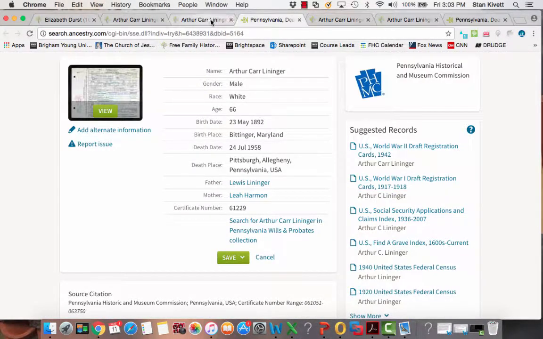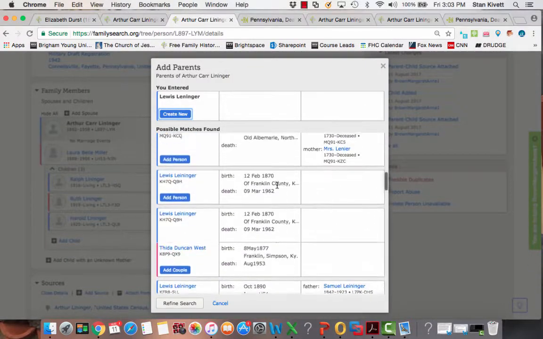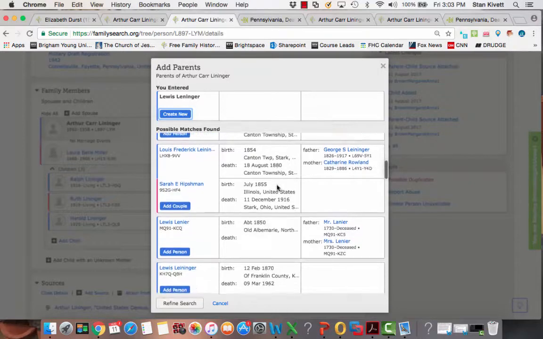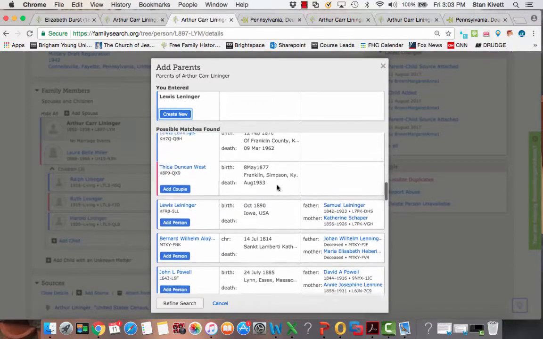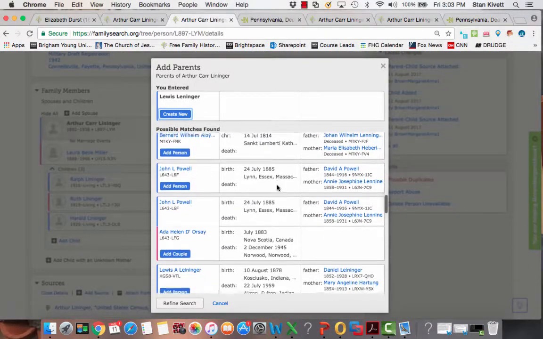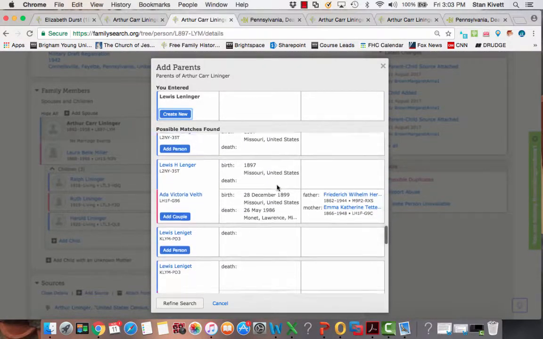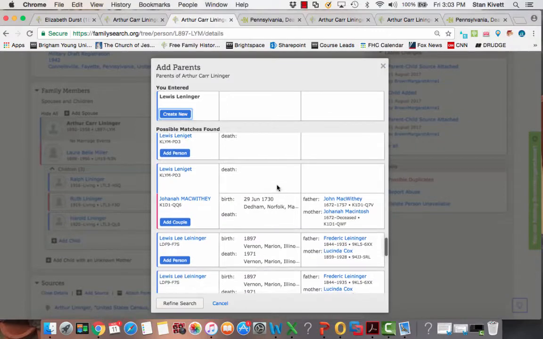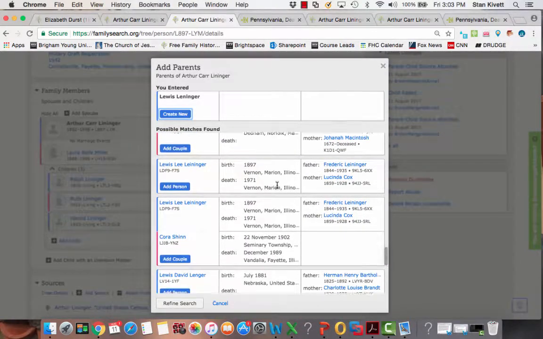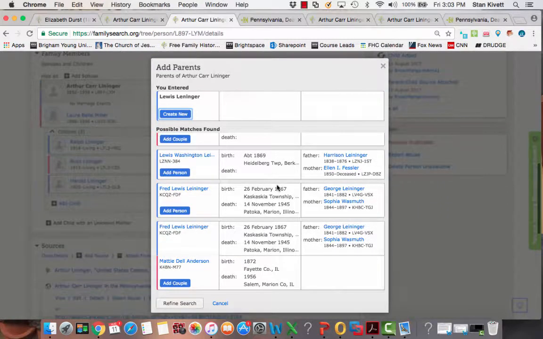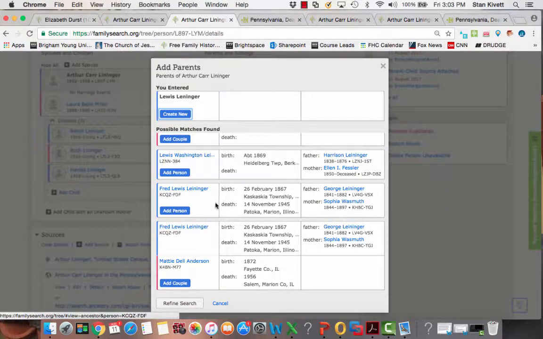I would like to see a Leah. If I can find a Leah here as a spouse, I might have the confidence to go ahead and say that these people are in the record. But otherwise, I'm going to go ahead and have to create a new person. And I may be creating a duplicate. He may already be in the system somewhere, but I just don't know because I don't have enough information about him. So at this point, I've got to go ahead and say I'm going to create a new person named